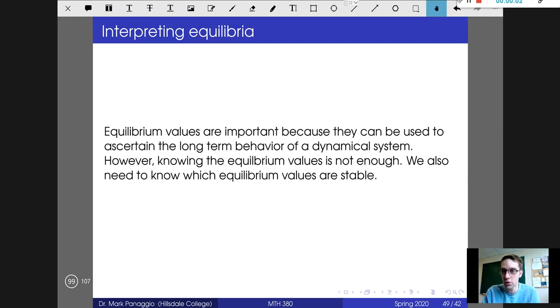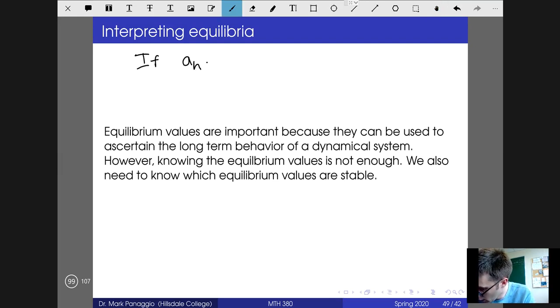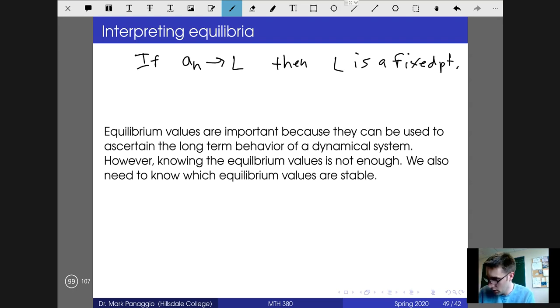In the last video, we introduced the notion of a fixed point. And fixed points are important because if the system approaches some limit, then that limit must be a fixed point. In other words, if a_n approaches some number L, then L is a fixed point. Okay, and I'll remind you that a fixed point satisfies L equals g(L),